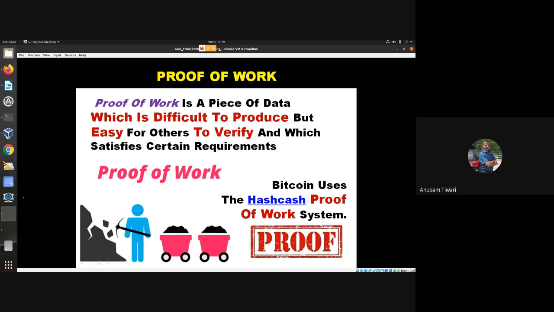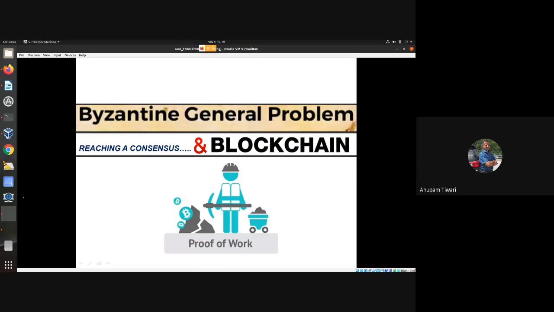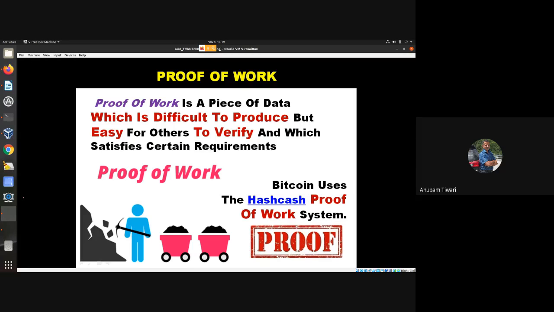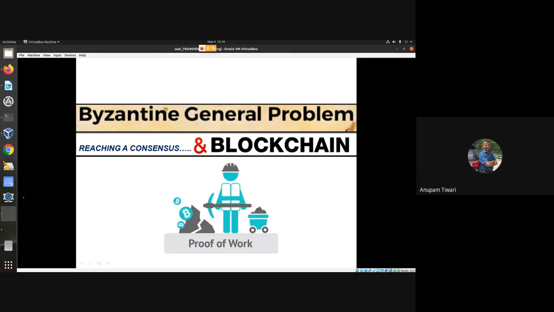Okay, how does it make a difference? What is difficult to produce? You may not be able to make out what this is, but in case you see here, Bitcoin uses the Hashcash proof of work system. This was the same concept that was introduced in the history slides of Bitcoin that I had mentioned earlier. So here we discuss the Byzantine general problem, reaching a consensus, how a consensus is reached in proof of